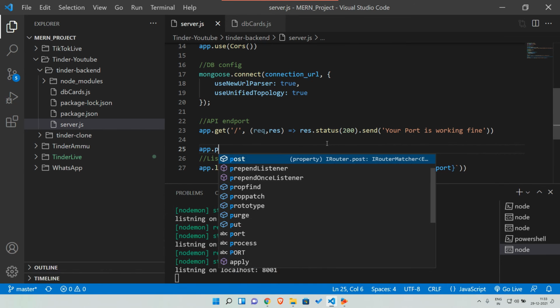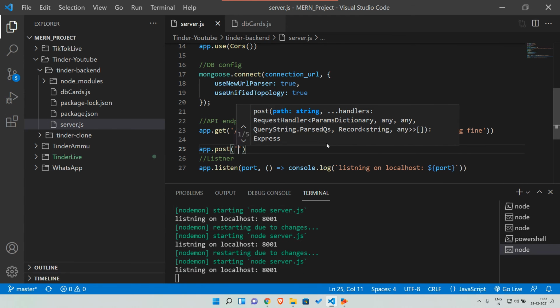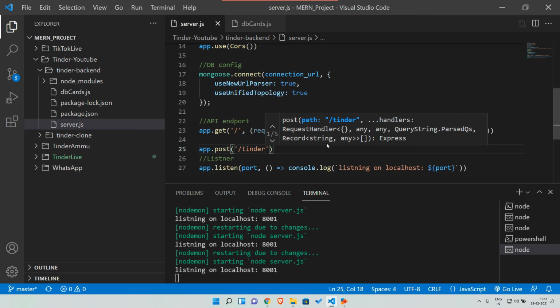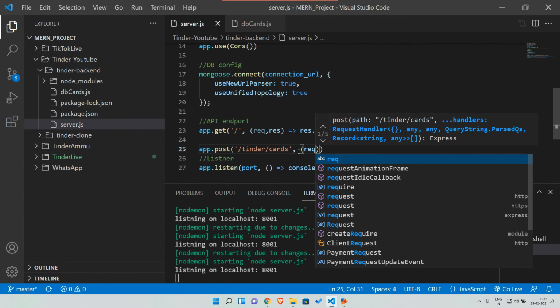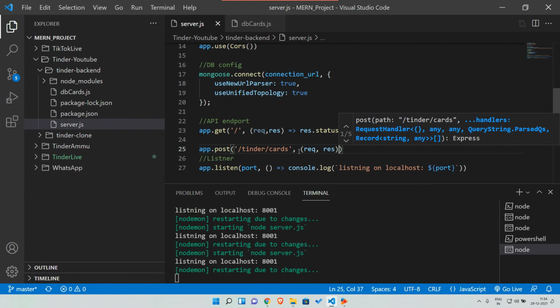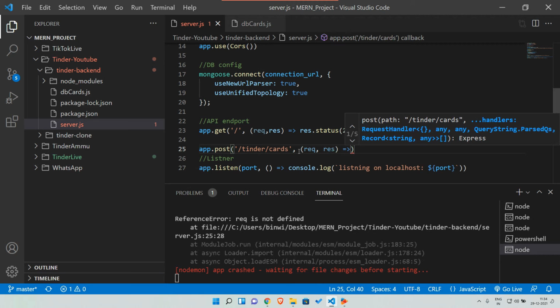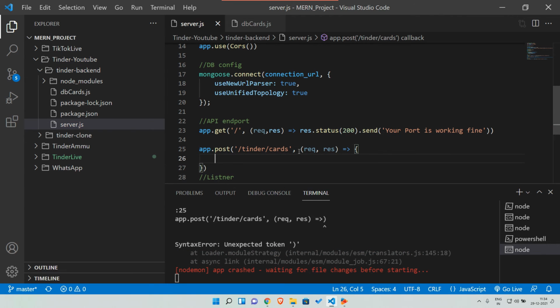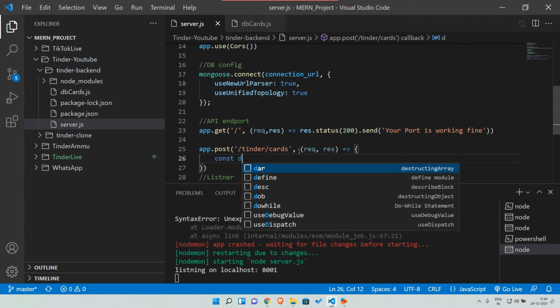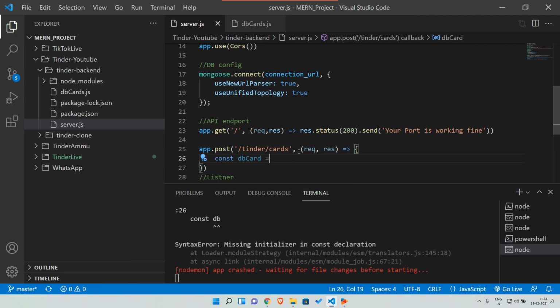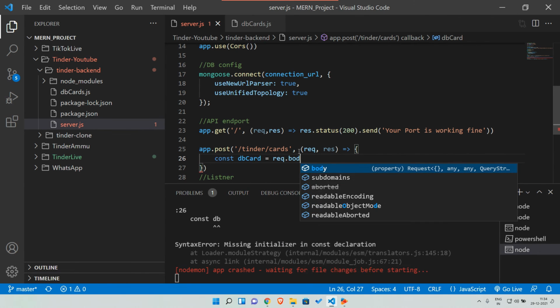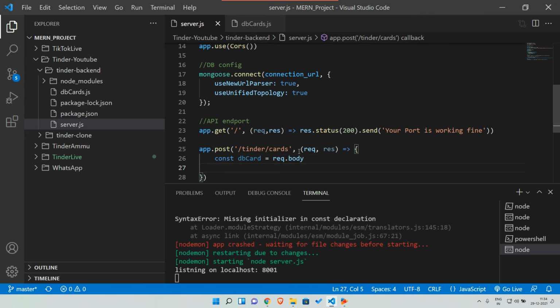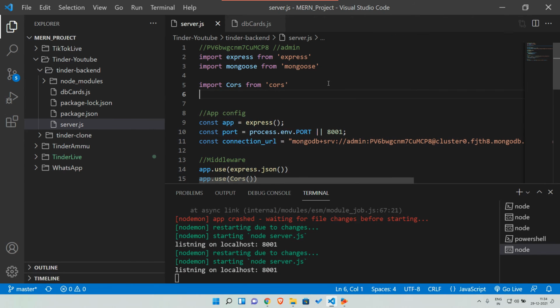So in our API endpoint, we can say app.post, and inside that slash Tinder slash cards, like that. We can use anything. I am just using Tinder slash cards, and we have a comma, and we have the same request as well as our response. Okay, and we will give the same arrow function, and we can say here const dbCard equal to request.body, like this. So we are requesting our body,